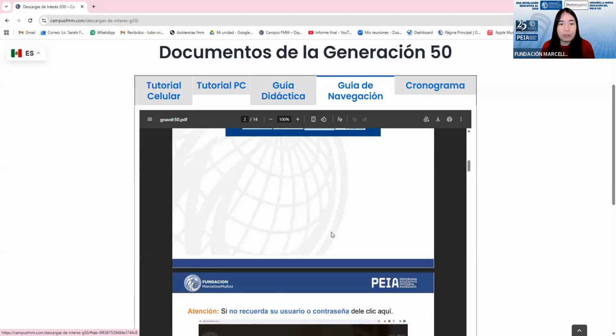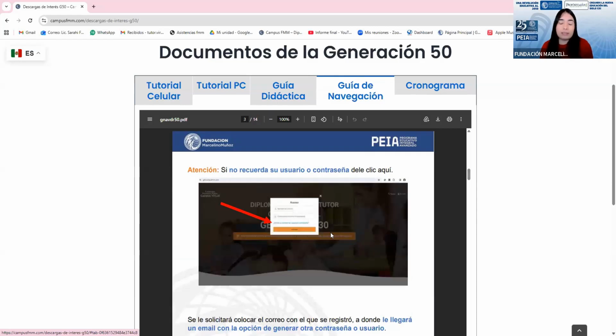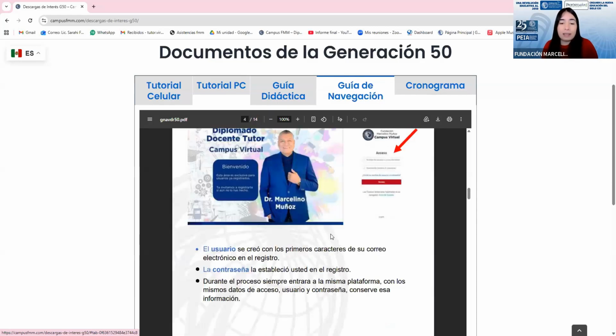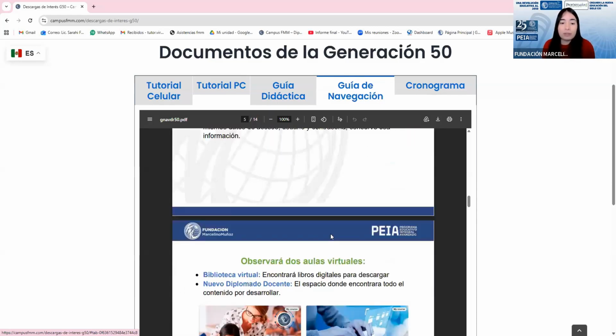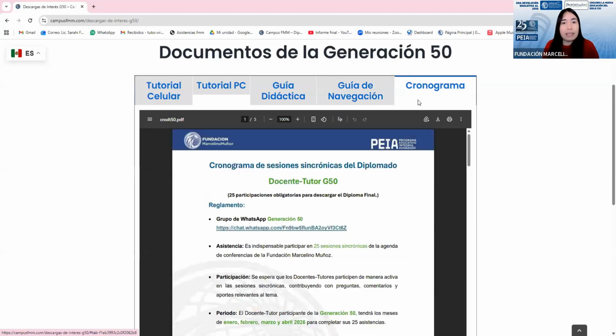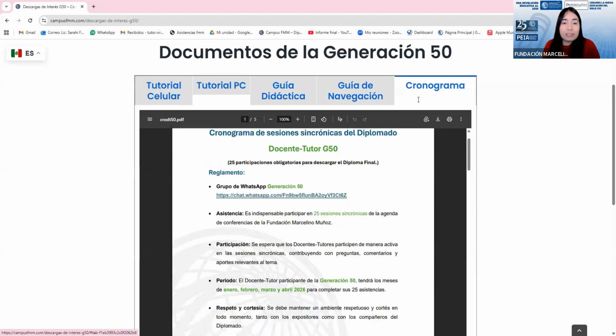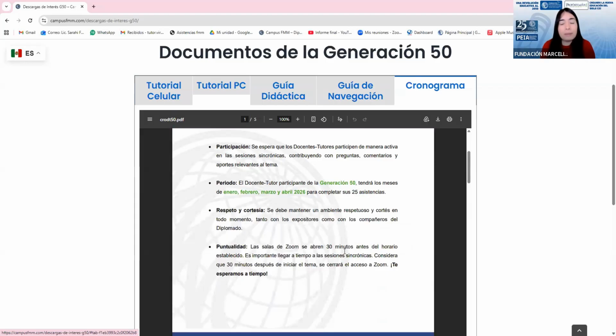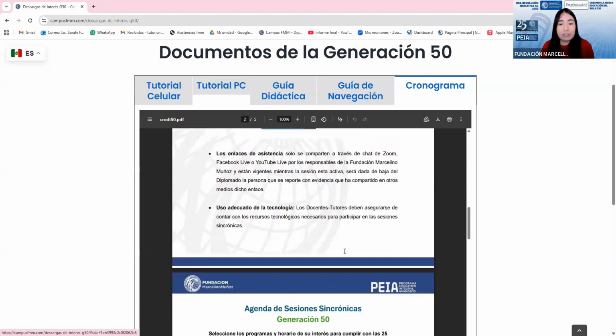Basically, the workshop we are doing right now will be described in this document with images and text, so that you can also have it at your disposal if you have any questions. And finally, in every cohort and language, there is a schedule. It is very important that you check which day your synchronous session will take place. It may vary between Tuesday, Thursday, or Friday, depending on the language you are in. So in this document, you will find all this attached information